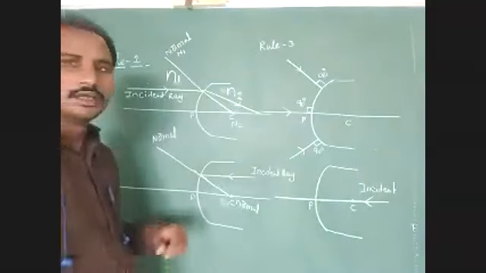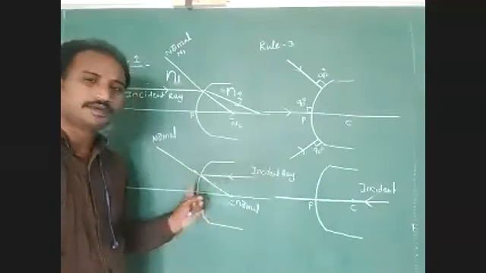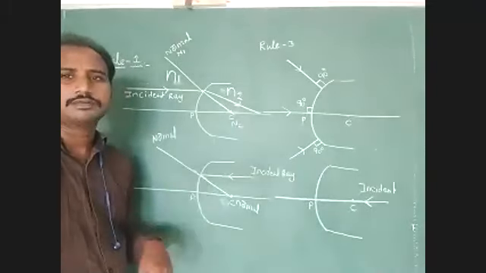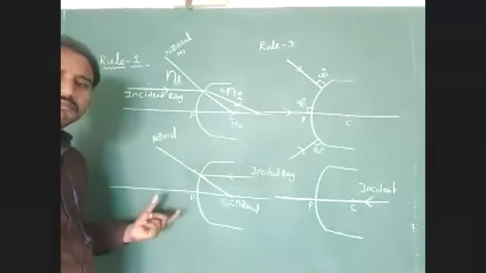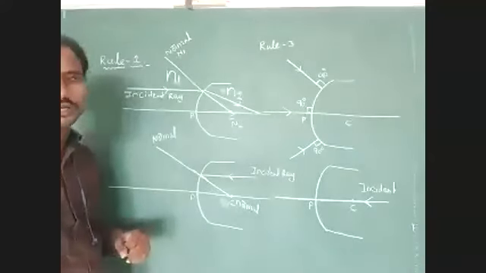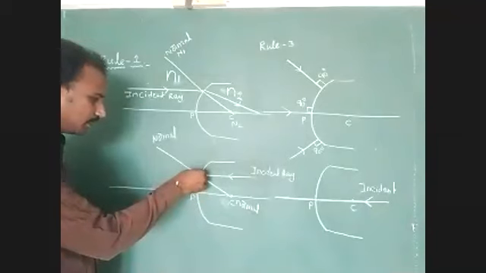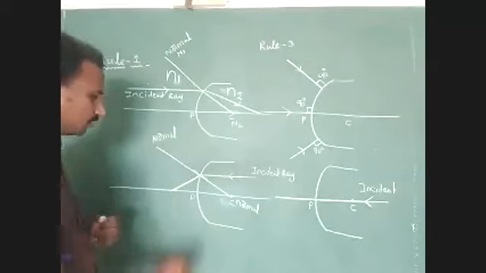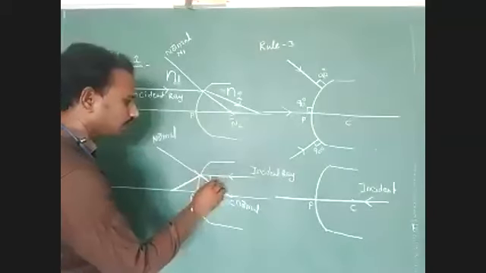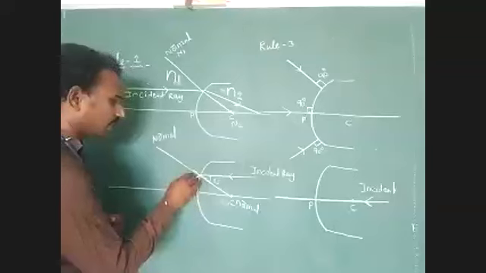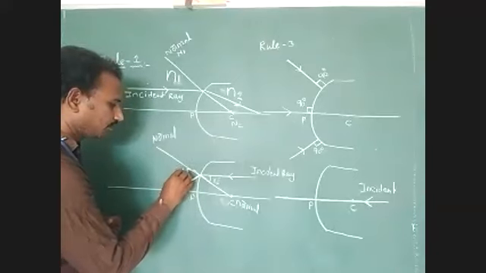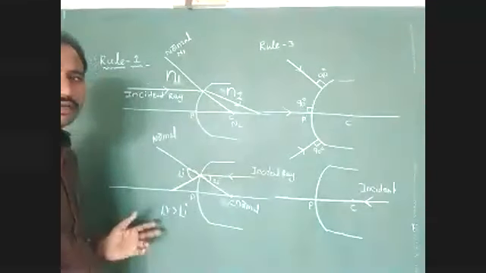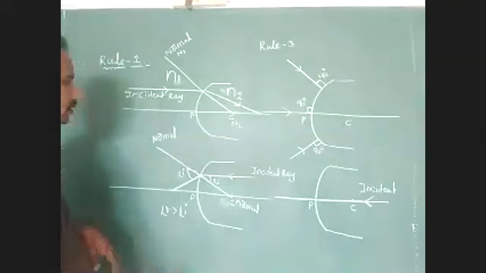Now, what is the condition? If a ray of light is traveling from the denser optical medium to the rarer optical medium, then the refracted ray bends away from the normal. What is the reason? We consider that the medium has low optical density. Then we represent that the refracted ray bends away from the normal. Here, find the angle of incidence and the angle of refraction. The angle of refraction is greater than the angle of incidence.